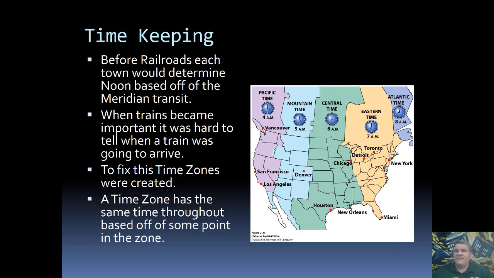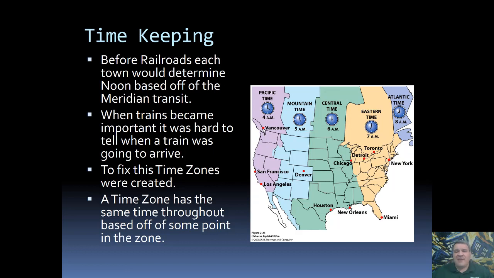Are you going to base it off of the destination? Are you going to set it based off of where the train's leaving from? Are you going to go somewhere in the middle? Or do you define your own local time? This became a huge headache. So to help simplify things, we invented time zones. Hopefully you've heard of time zones before. The general idea of a time zone is that it's this region of the Earth where everywhere in the time zone is defined to have the same time. That 12 o'clock p.m. happens everywhere at the same time within the time zone.